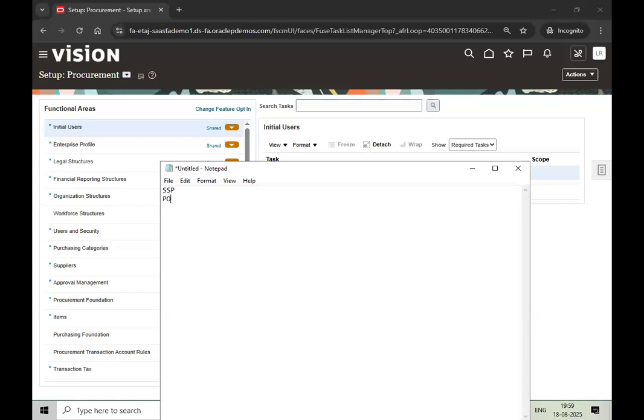Actually, PO means purchase order, but PO is a short name for purchasing. Okay, I'll write it. Purchasing module, sourcing, supplier portal,